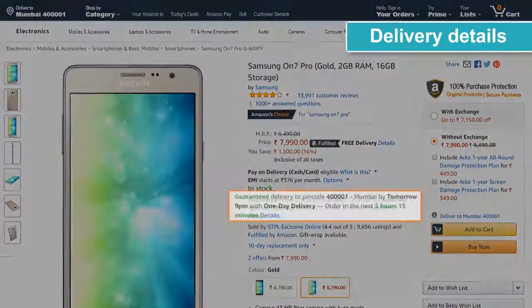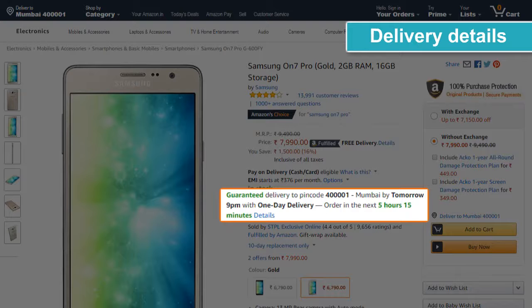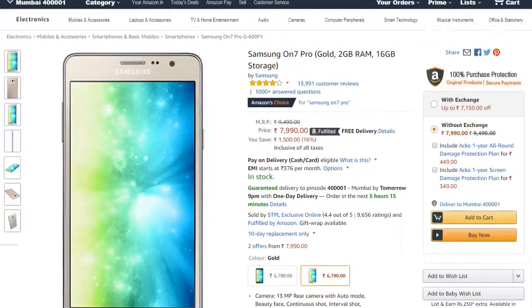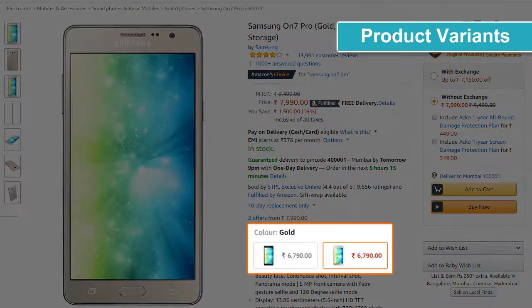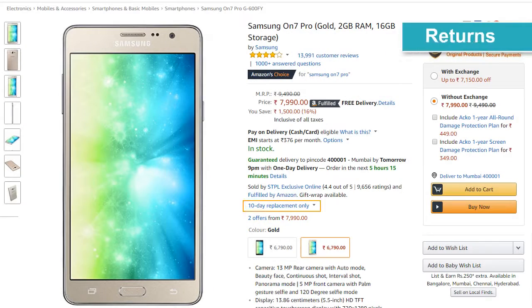Delivery details. Here, you can check if the product can be delivered to the customer's PIN code and show him the estimated delivery time. Product variants. Here, a customer can see the variations of the products, if any, in terms of size, color, etc. Returns.